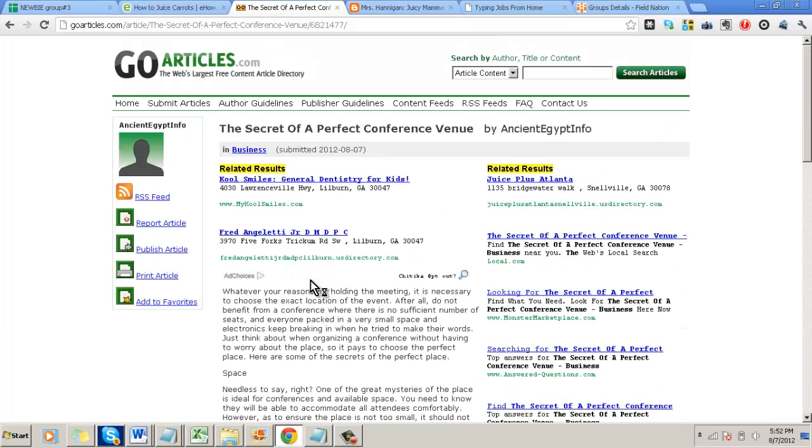That's day 3. Now, one thing I forgot to tell you is when you have your keywords, verify your title tag, but you want to keep the same keyword. So if my keyword is the secret, I would want to mix it around. Say perfect conference venue, that's the secret, or venue conference that's perfect, it's also a secret. So basically, you're having the same title, but you just want to adjust it a little bit, because what happens is you don't want